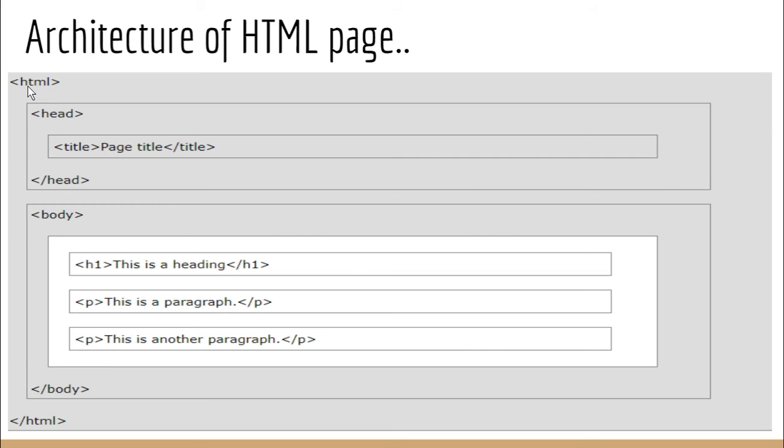If we want to begin our HTML coding, we'll write HTML between these two arrows, and to end it, we'll write the arrows with a slash and HTML. Inside the HTML we will start to write.